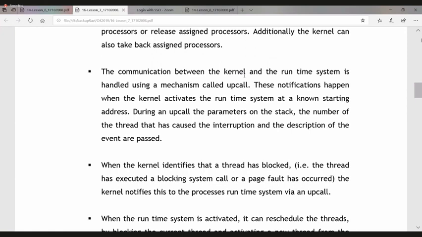Now you should know kernel space and user space, right? So kernel space is mainly referring to the system side. On the user side, we have our own programs and so on, right? So the communication between